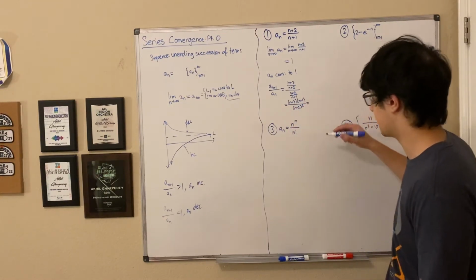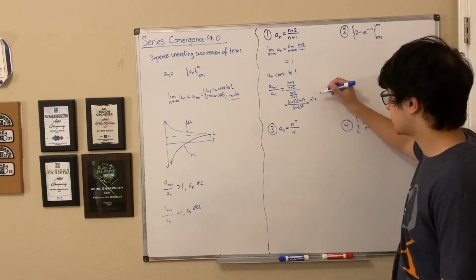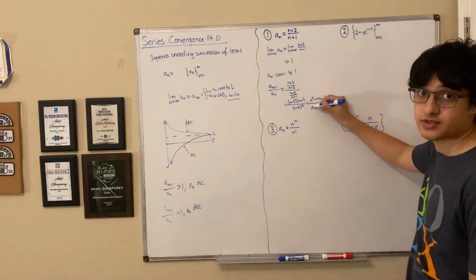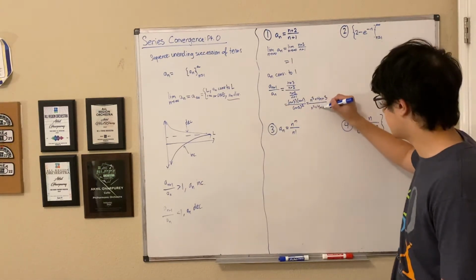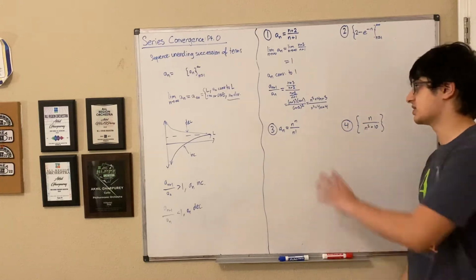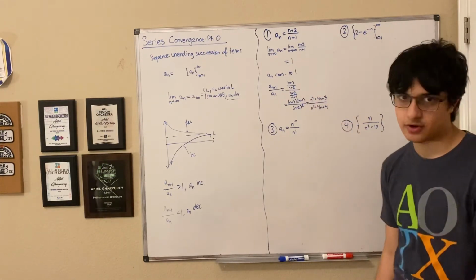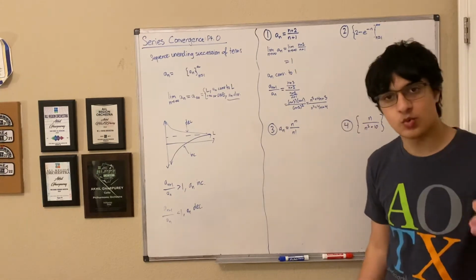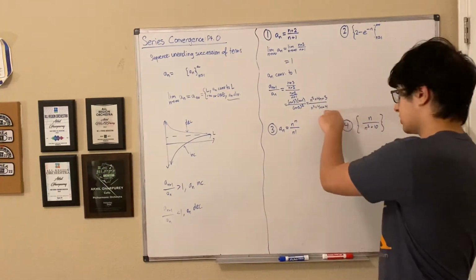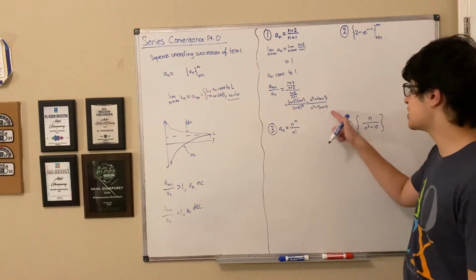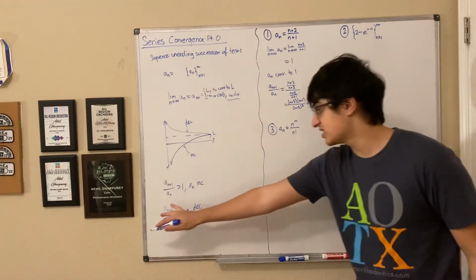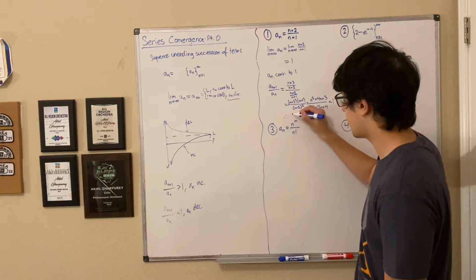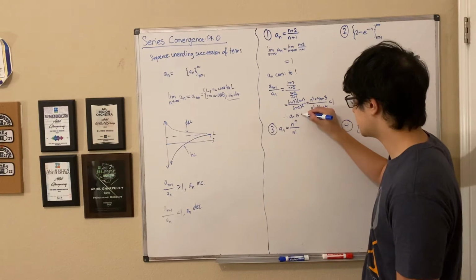or, in other words, which I'll actually go ahead and write here, this is going to be equal to n squared plus 4n plus 3 divided by n squared plus 4n plus 4. And if you'll notice, this n squared plus 4n is identical for all values of n. But then we have a plus 3 and a plus 4 here. Which one is going to be greater? Obviously, the one with the plus 4. So, if the denominator is greater than the numerator, as we stated before, this is going to be less than 1. Therefore, a sub n is strictly decreasing,